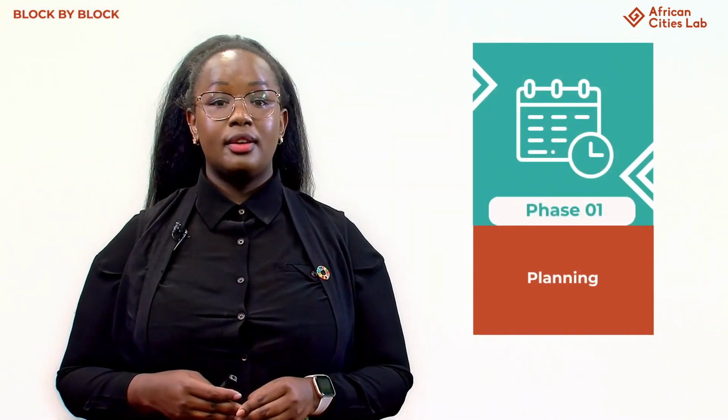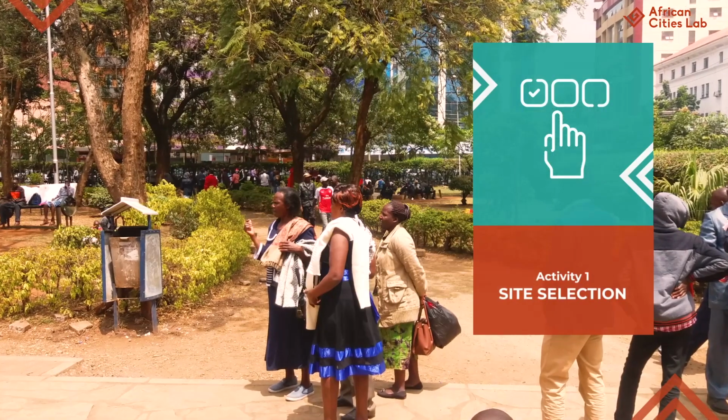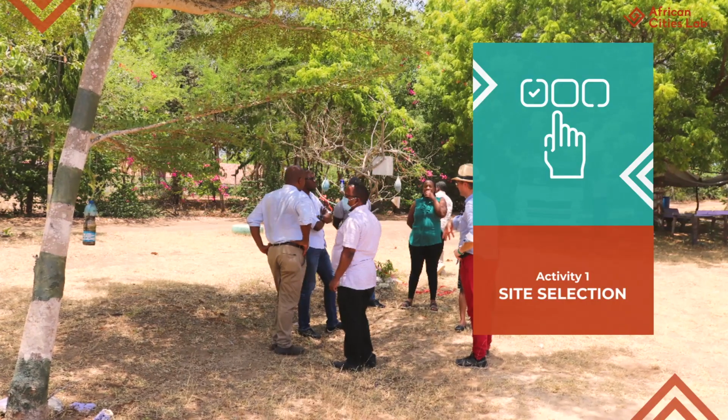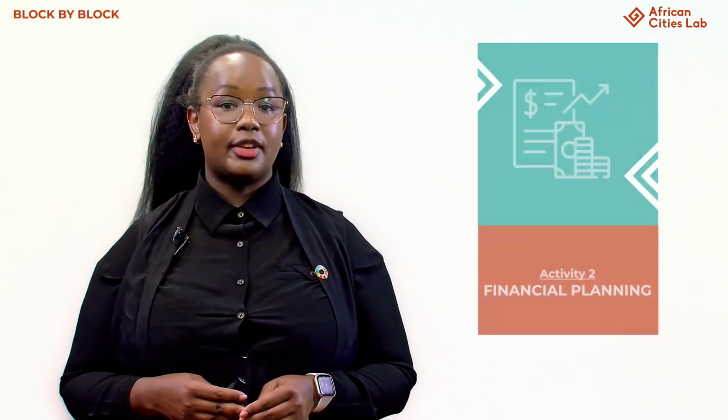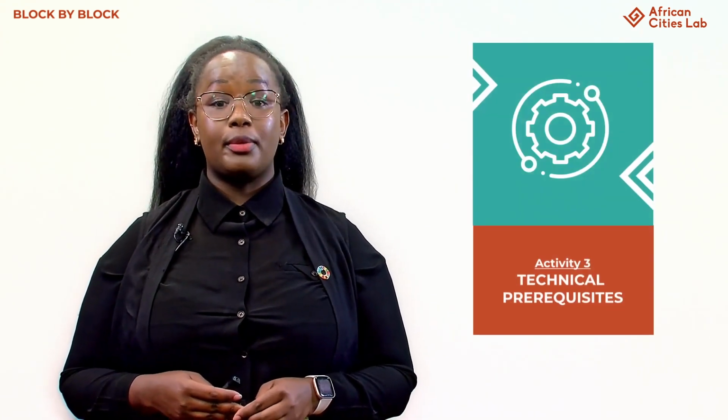Under Phase 1, the technical team plans the overall process, selecting the site, inviting a representative sample of the population and key stakeholders, and assessing the current condition of the site. The team undertakes financial planning to ensure that subsequent stages and processes adhere to the budgetary limitations. They also check some technical and operational requirements.